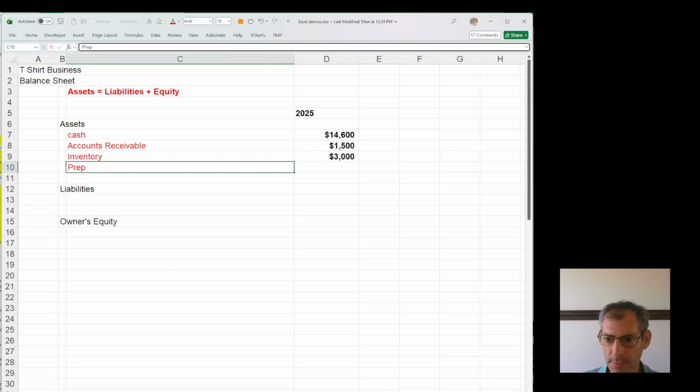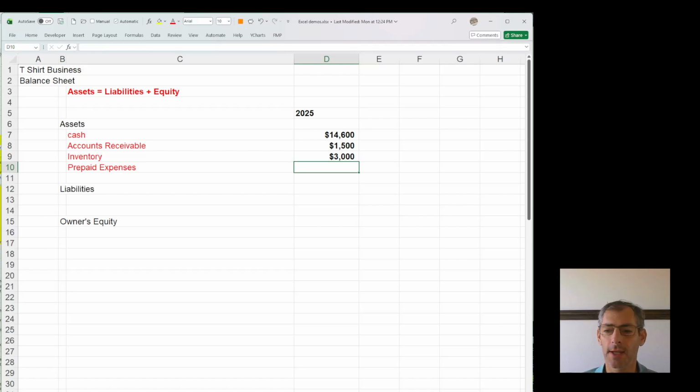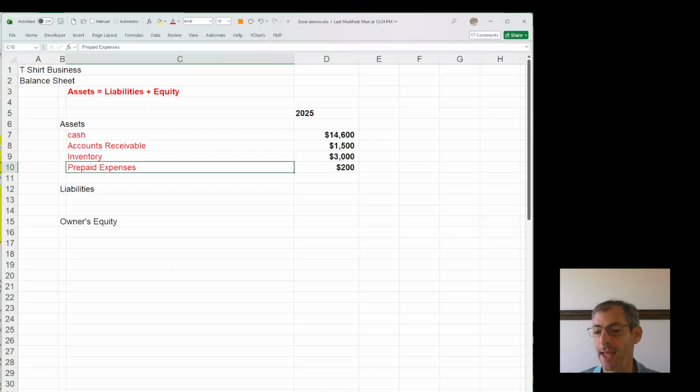And then there's an item called prepaid expenses. And essentially, prepaid expenses are what it sounds like. It's an expense that we're prepaying. So, for example, maybe the company has insurance and we prepaid for the entire year at the start of the year. So in this situation, we'll just say $200. But for example, that $200 is going to represent insurance over the course of the whole year. So it's really going to be like $50 every quarter. But for right now, we're recognizing this $200 that we've prepaid, and it's an asset to us though because it's a service that we're getting over the course of the next year that we have not yet reflected on our